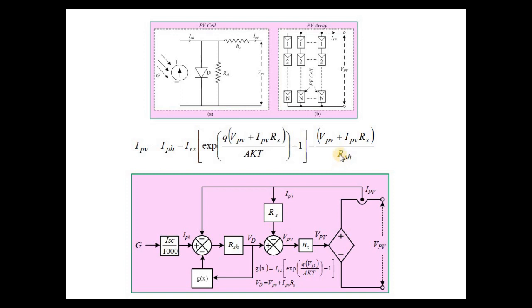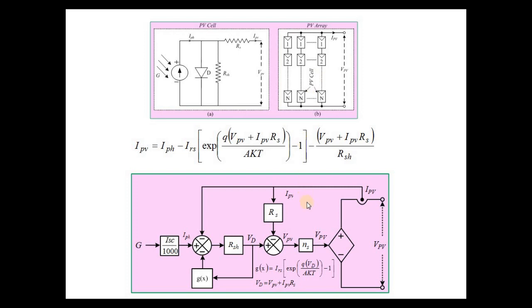With only one point you cannot draw the waveform, or the characteristics of VPV. If you want to draw the characteristics, you have to apply VPV from 0 to VOC, or IPV from 0 to ISC. Sometimes I have to make the open circuit, sometimes connect the maximum load, sometimes the minimum load. A variable load or variable current is required to get the characteristics of a PV cell or PV module or PV array, whatever you want to call it.